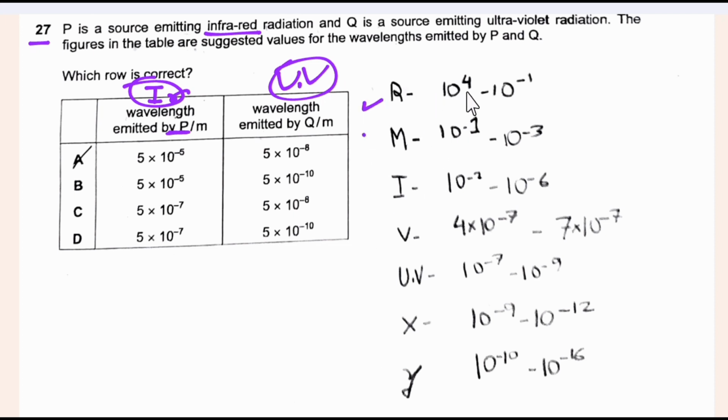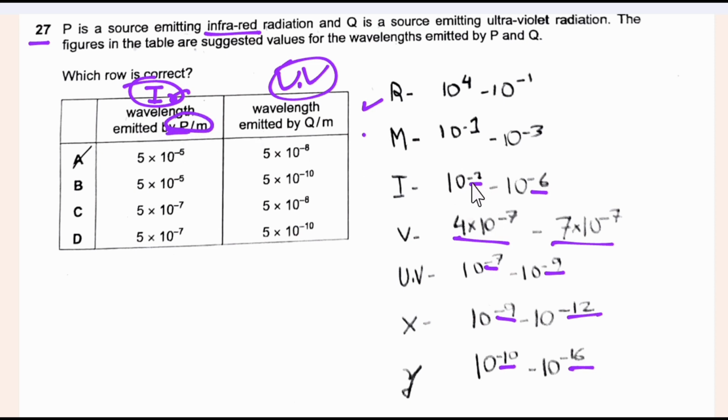For radio waves, the wavelength is 10 to the power 4 to -1, microwave -1 to -3, infrared radiation -2 to -6, visible light 4 into 10 to the power -7 to 7 into 10 to the power -7, ultraviolet radiation 10 to the power -7 to 10 to the power -9, X-ray 10 to the power -9 to 10 to the power -12, gamma ray 10 to the power -10 to 10 to the power -16. So these are the values that you must remember, and if you compare,